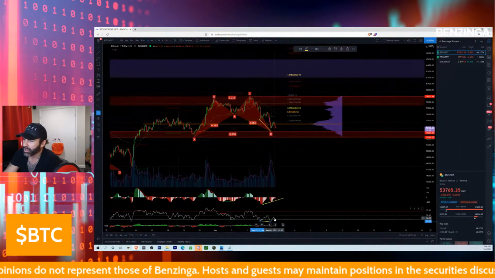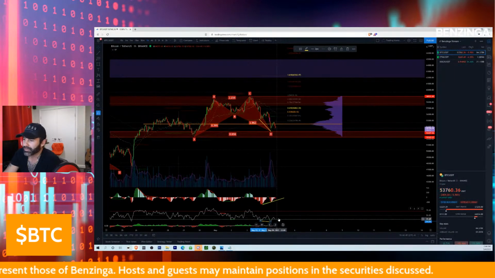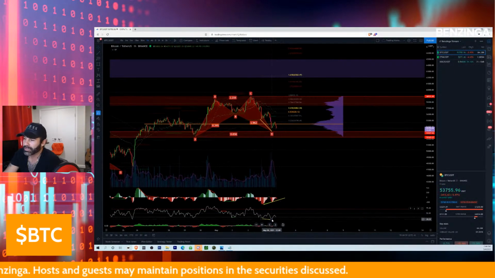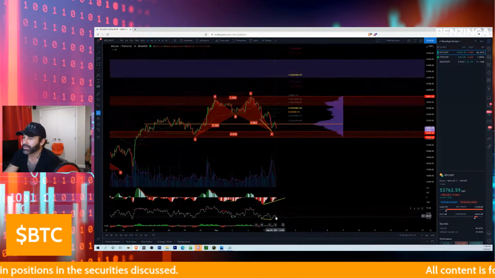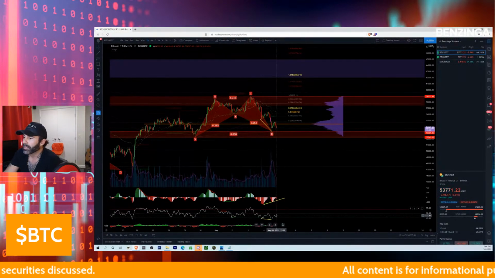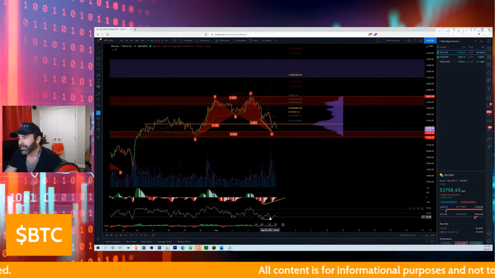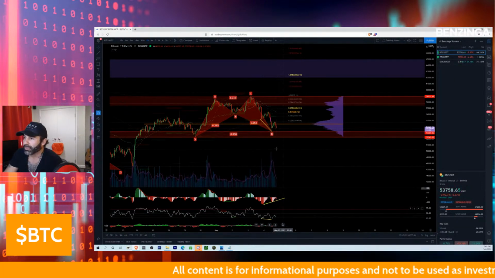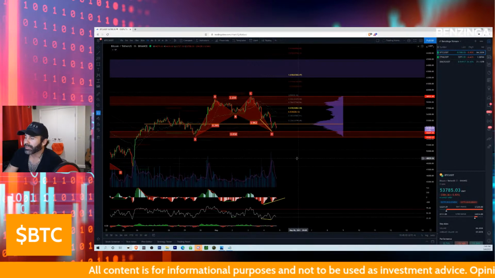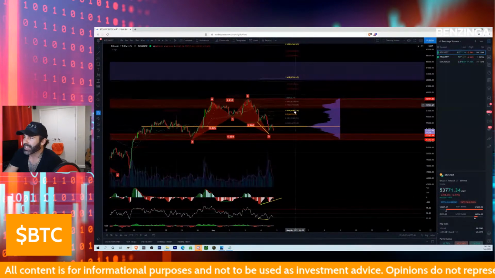It looks like we sprung. It's the same way I would look at a chart as having a spring and then a backtest. It's kind of what the RSI is doing here. So it could be an early indication that we're going to start to at least attempt to test some of these highs again,